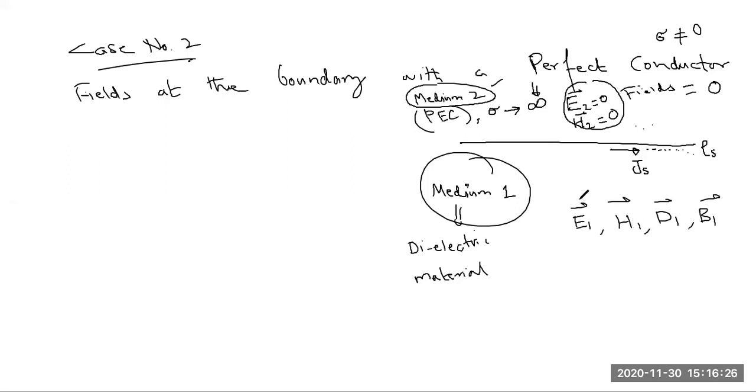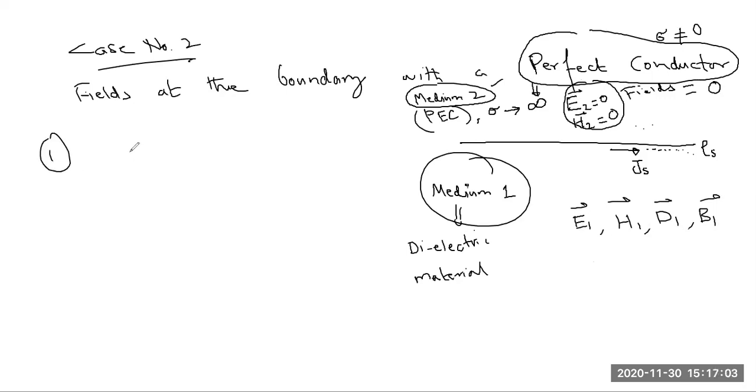But to simplify it, क्योंकि हमारे पास medium 2 में तो कोई field exist ही नहीं करती, so ये जो E1 और E2 का notation तो हम इसलिए use कर रहे थे ताकि हम differentiate कर सकें कि हम medium 1 की fields की बात कर रहे हैं या medium 2 की बात कर रहे हैं। लेकिन इस case में जब आपके पास एक तरफ perfect conductor हो तो फिर we know कि हमारे पास जो field है वो सिर्फ और सिर्फ एक ही medium में exist करती है। तो बजाय इसको हम E1 कहने के, इसको हम simply E कहेंगे, इसको H कहेंगे, इसको D कहेंगे, इसको B। तो मैं इन चार boundary conditions को लिख रहा हूँ, then you can clearly verify कि मैंने कहाँ से लिखी।